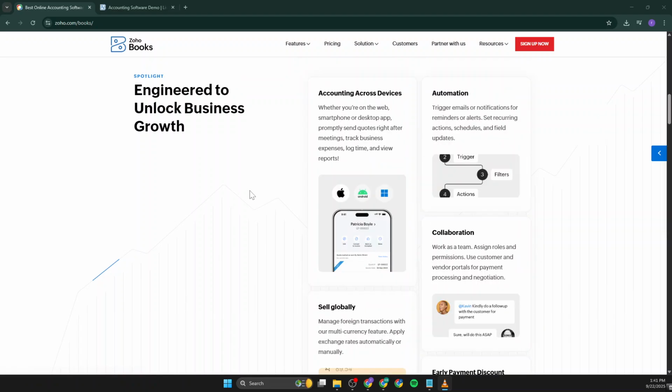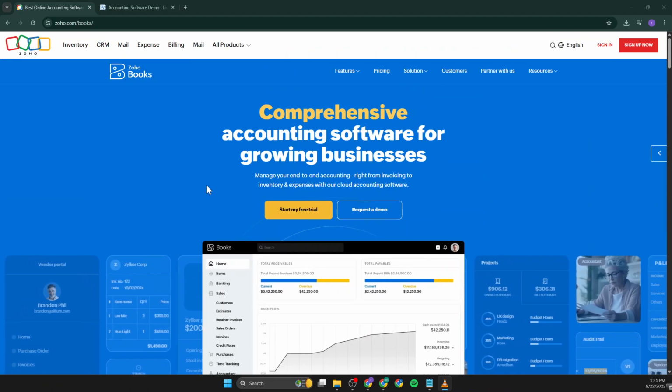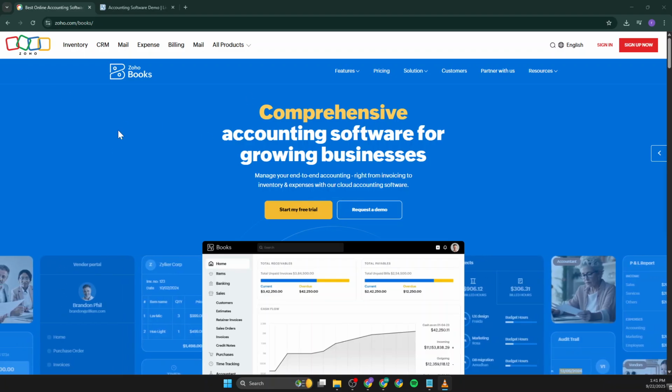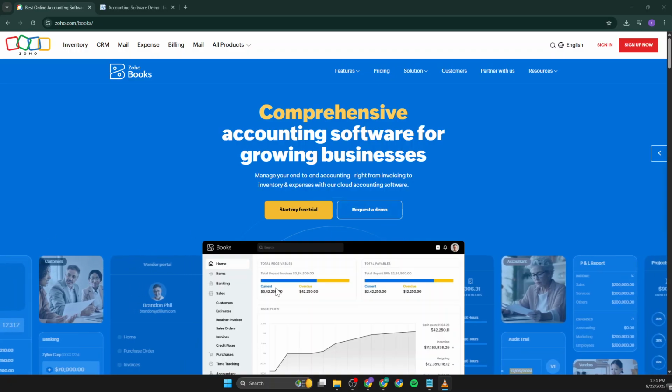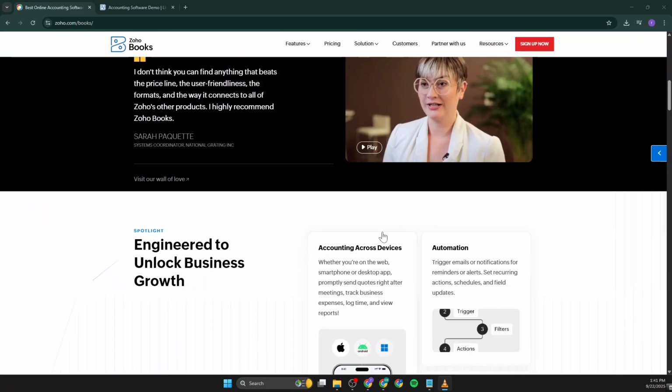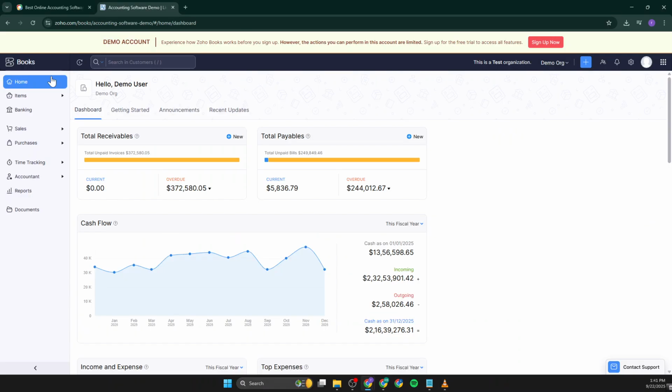Getting your taxes set up correctly in Zoho Books is one of the most important steps to keeping your business compliant and running smoothly. In this quick guide, I'll show you exactly how to do it in just a few minutes. Once you're logged into Zoho Books, head to the upper right corner of the screen and click on the